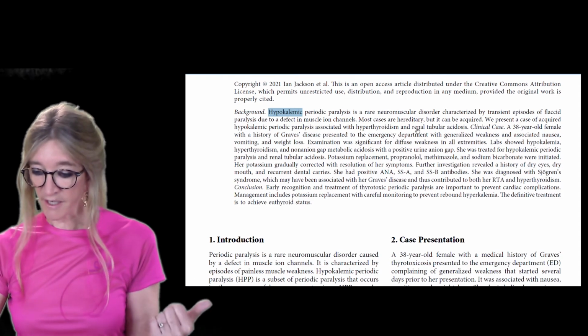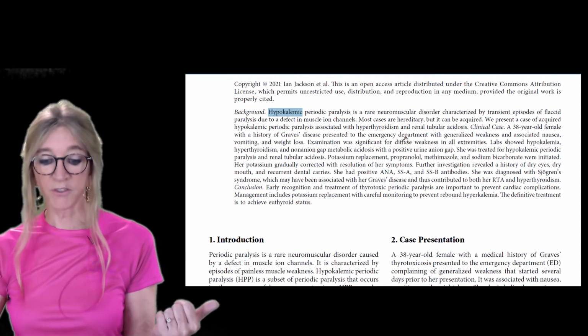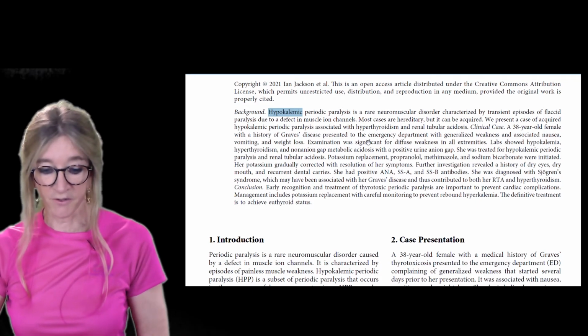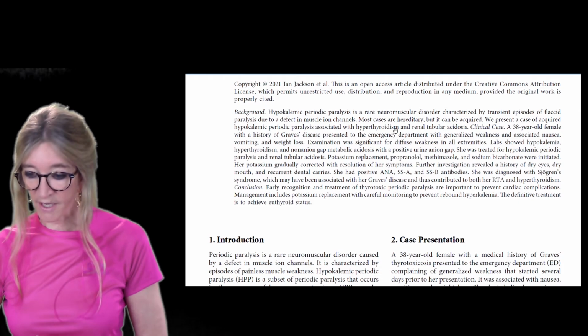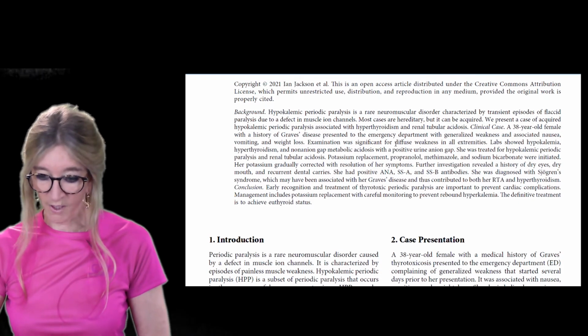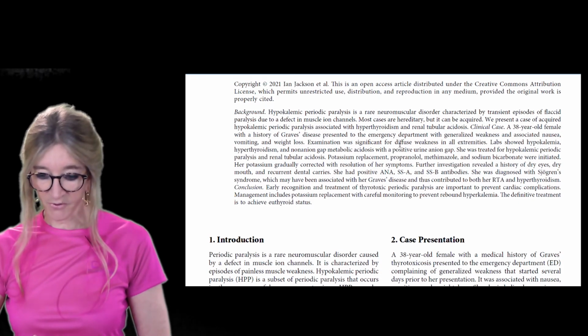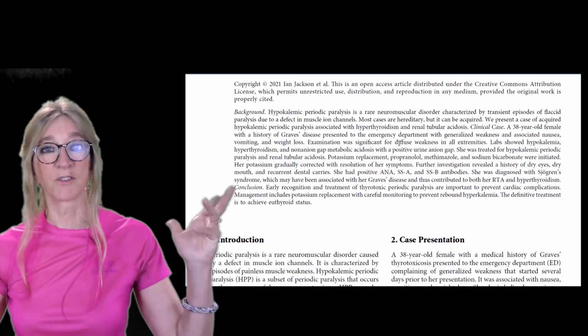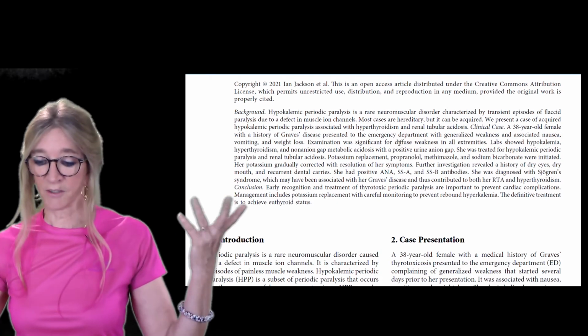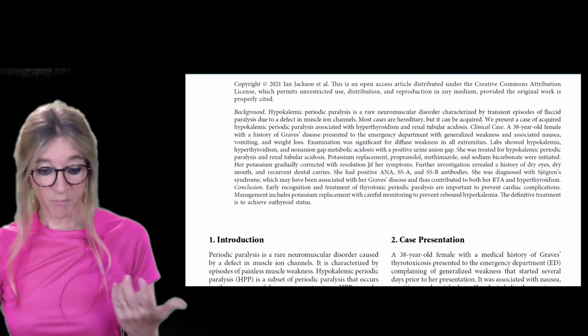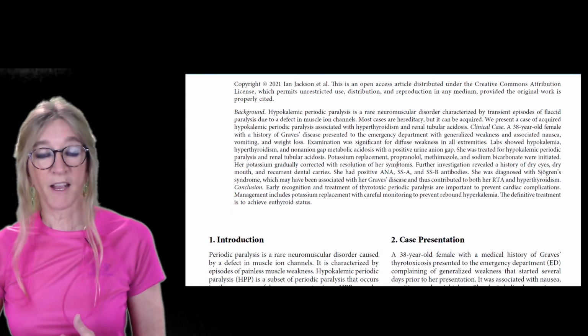Okay, a clinical case. A 38-year-old female with a history of Graves' disease, thyrotoxicosis, as we know, presented to the emergency department with generalized weakness and associated nausea, vomiting, and weight loss. Examination was significant for diffuse weakness in all extremities. It seems as though endocrine disorders do affect your extremities. Labs showed hypokalemia, hyperthyroidism,